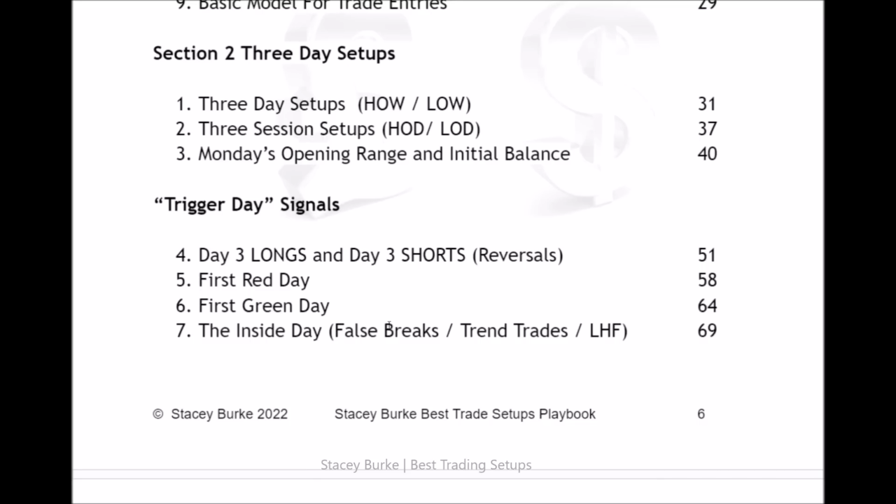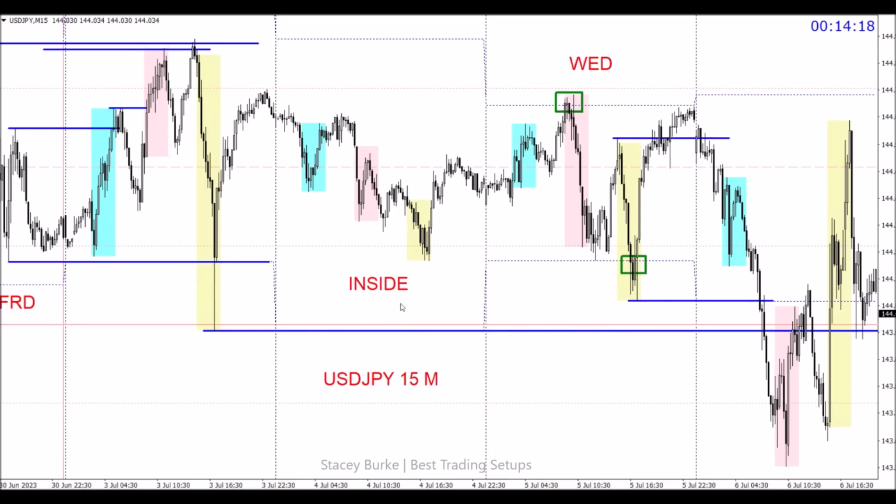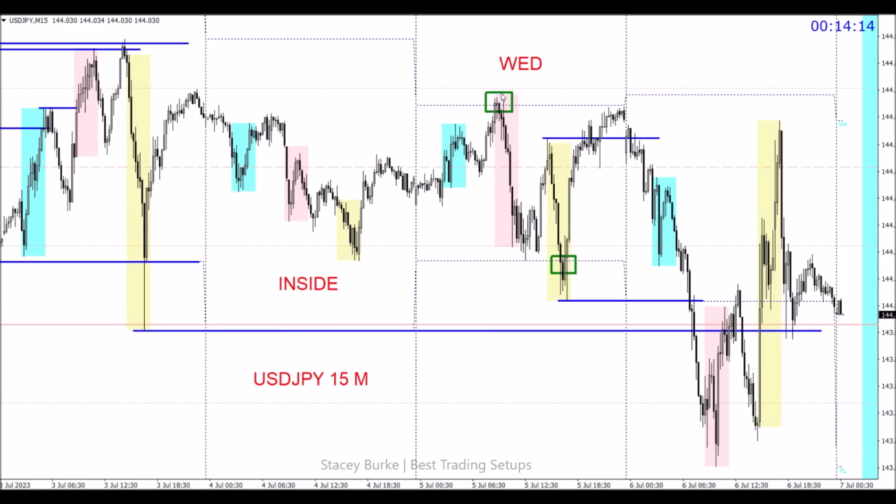On page 69, we talk about the inside day opportunities if they present false breaks and trend trades or low-hanging fruit. Page 69. And that took me all of about 30 seconds to type inside day in on my chart. So what that does is it tunes me into the next day, and we see that it breaks the high of the inside day right at the Europe London Open. Doesn't break out, it just breaks the high of the day, triggering long traders into the market or getting traders chasing the move back towards the high of the week before collapsing for a 50 pip move back to the